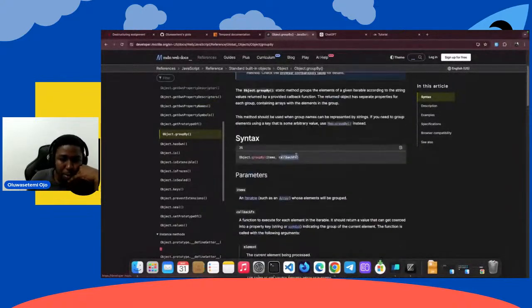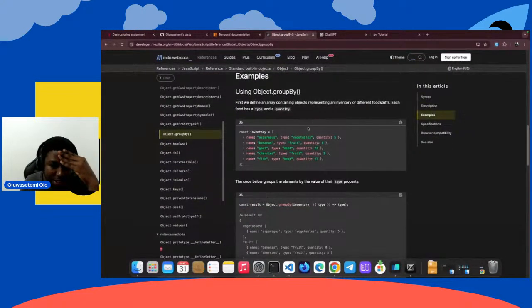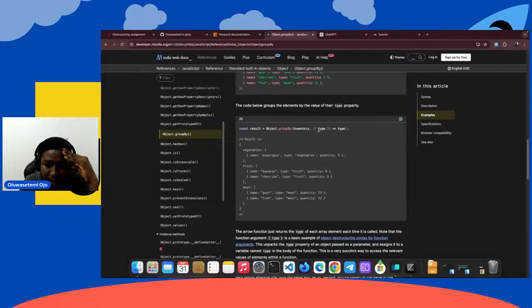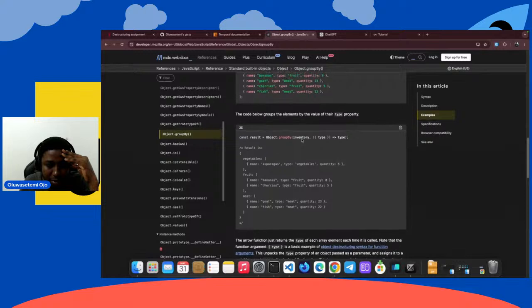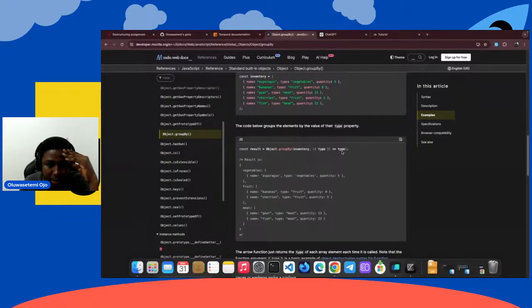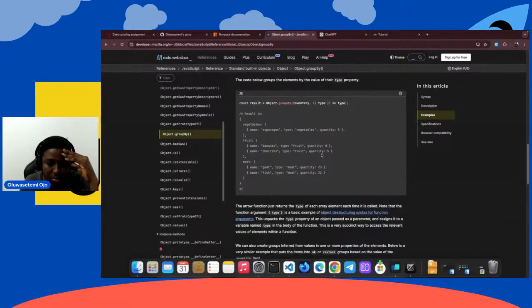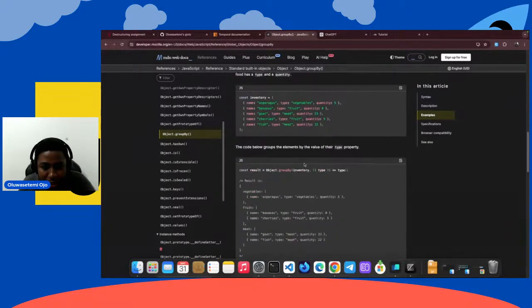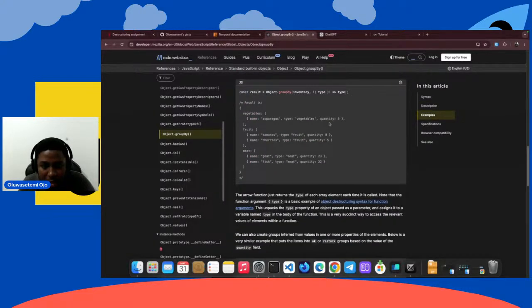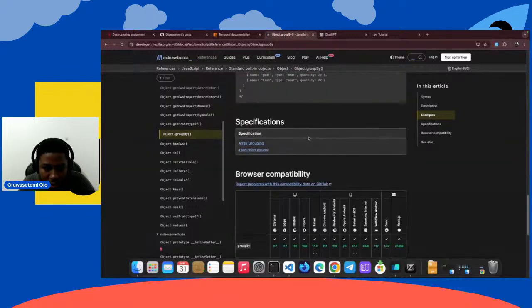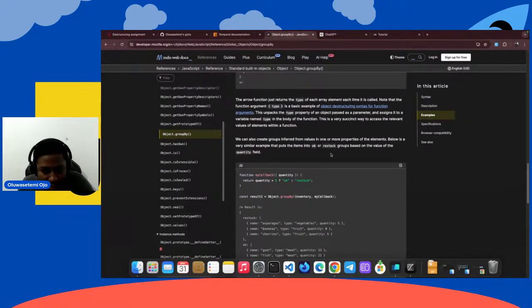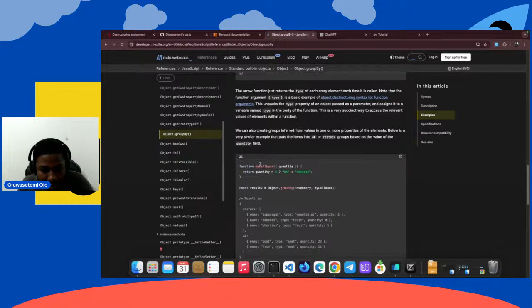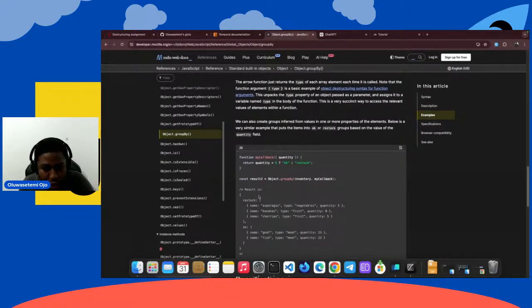So for the group, let's just see one example again. I've forgotten how to use this groupBy. So you group by this and you return, what does the callback function return? I've forgotten how to do this. I want to group by,